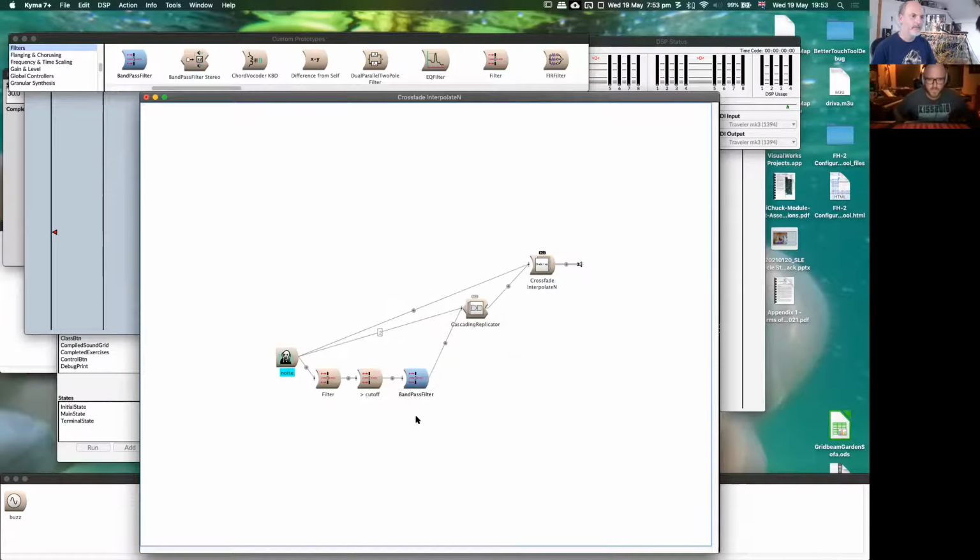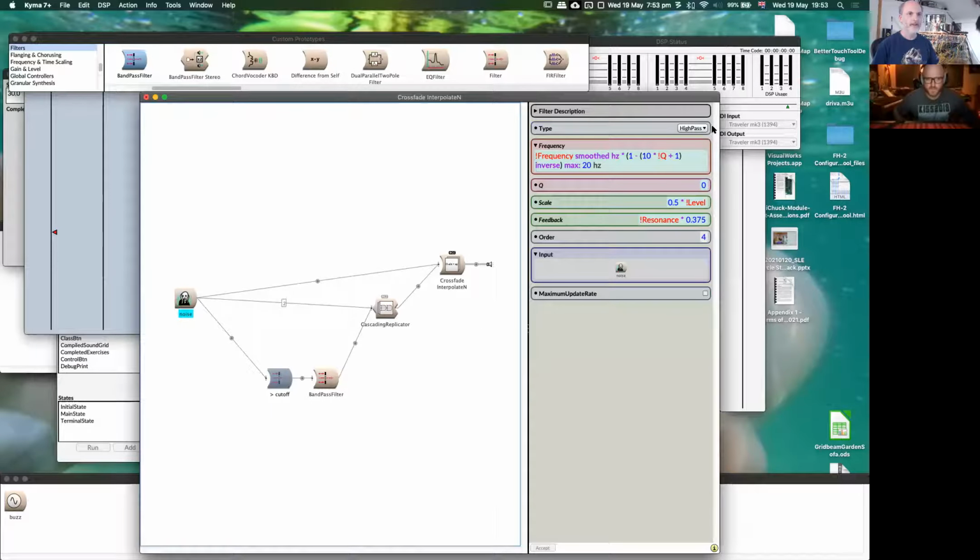Okay, so in Kyma, the bandpass is actually, so we'll get rid of this one because that just didn't work out. It's a high pass followed by a low pass. Now the high pass can kind of blow up, especially if we start putting feedback in here.